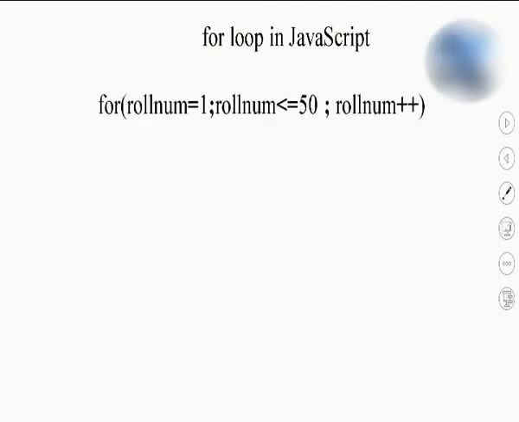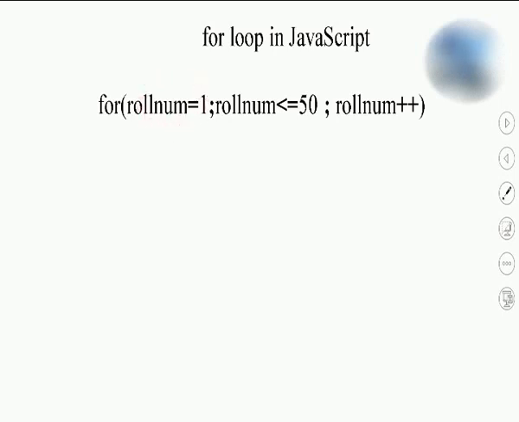So for loop, let us see the syntax of the for loop. In the for loop, this part is called the initialization of the for loop. Why do we require the for loop? A for loop executes some statements repeatedly. How many times you want, that many times it will execute. For example, whatever statements I write inside the for loop will be executed from 1 to 50, meaning 50 times it will execute whatever I wish. So for executing the statements as many times as programmers want, this structure is used.